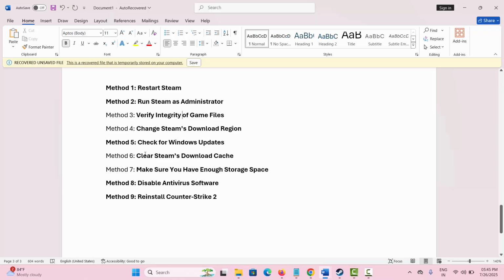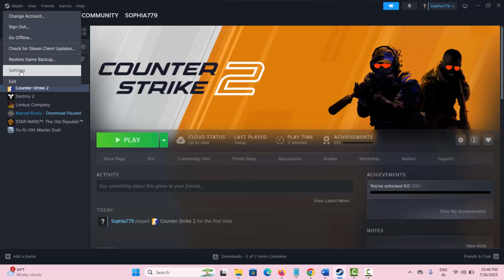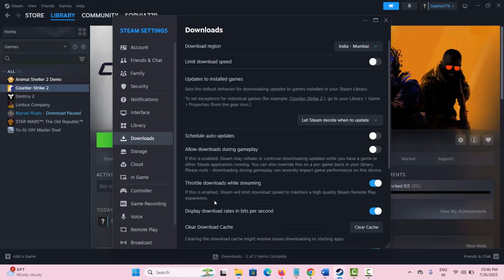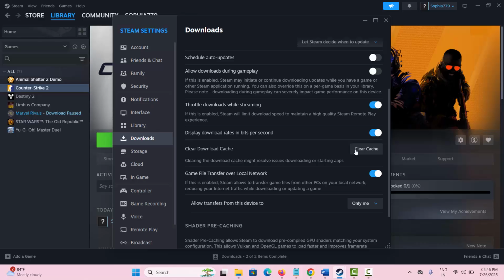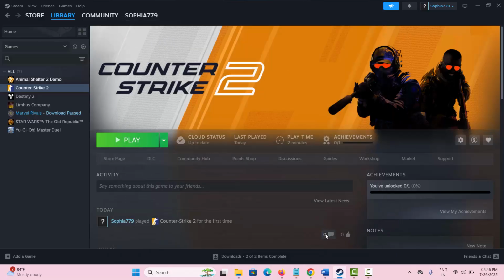If not, you need to clear Steam's download cache. For that, go to Steam, click on Steam, now click on settings, then click on downloads, and after that go down and then click on clear cache option. This will clear the download cache of the app, and after that try to play the game and check if